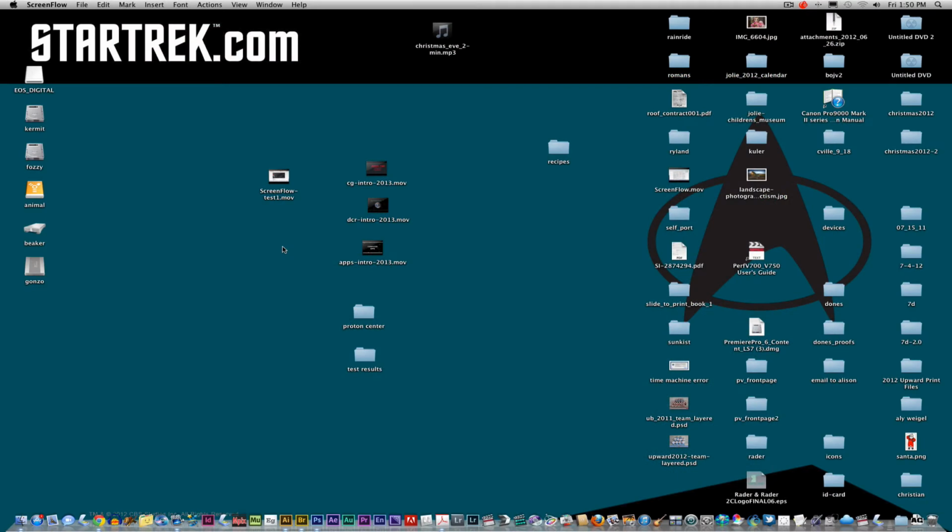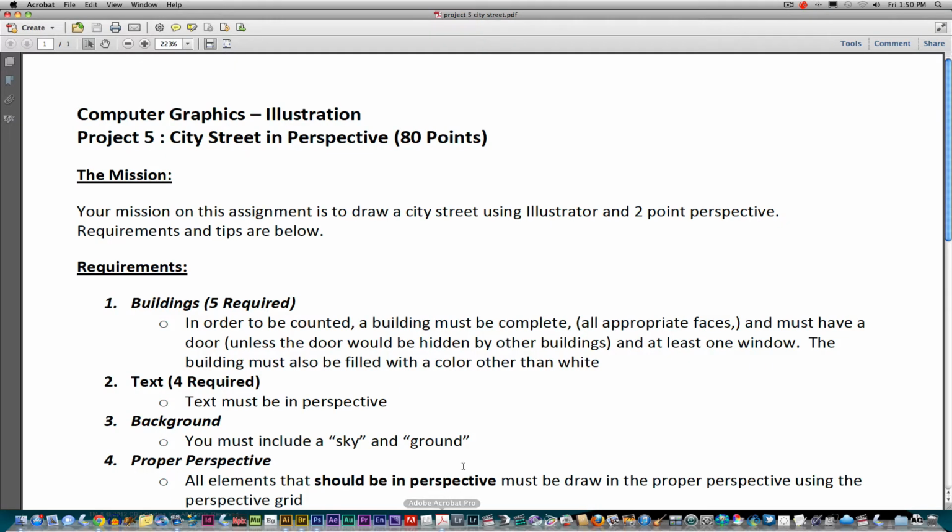All right, now our final effort in Adobe Illustrator and working with perspective drawing, and actually our final project in Adobe Illustrator, will be to create a perspective drawing of a city street that's going to require a certain amount of detail. Let's do this first of all. Let's hop over to this handout, and this handout, which is called Project 5 City Street,